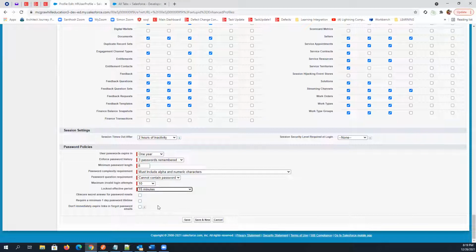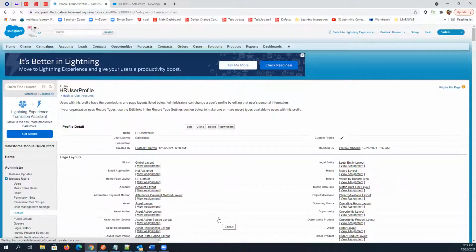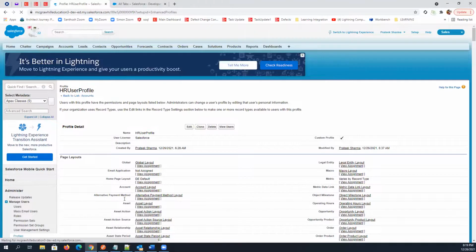Clear? And you can always set this obscure secret answer for password reset, required a minimum 1-day password lifetime, don't immediately expire links in forgot password emails, all this information you can set. Clear everyone? Any question on this? No. Great.